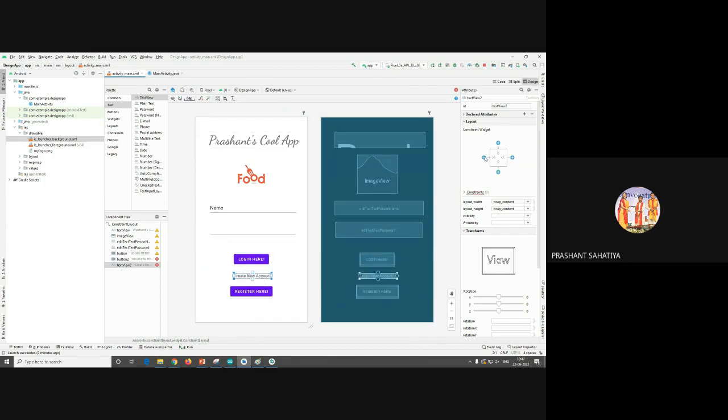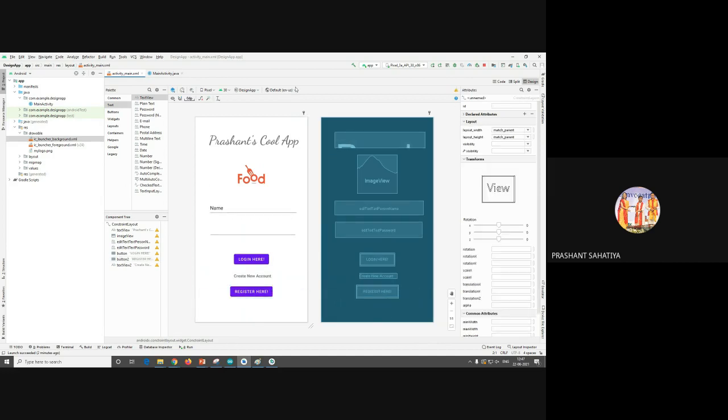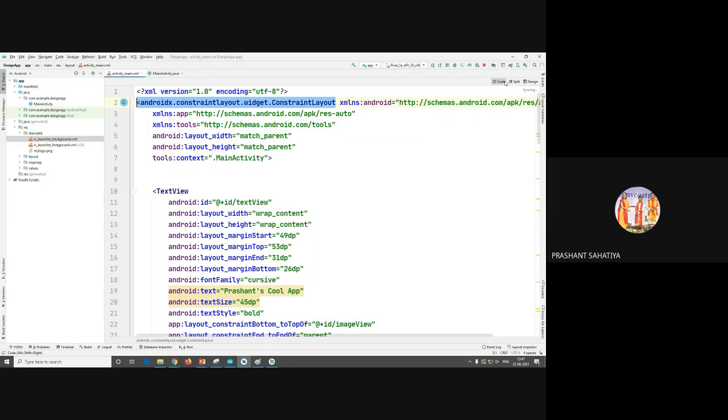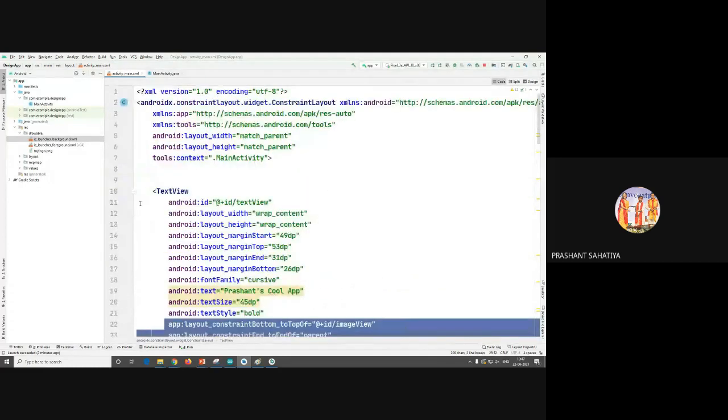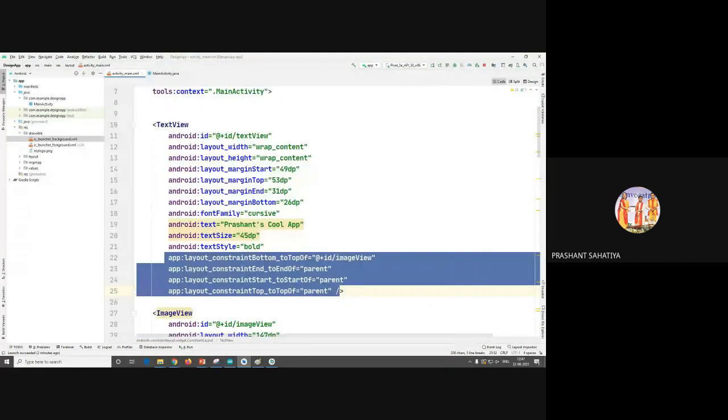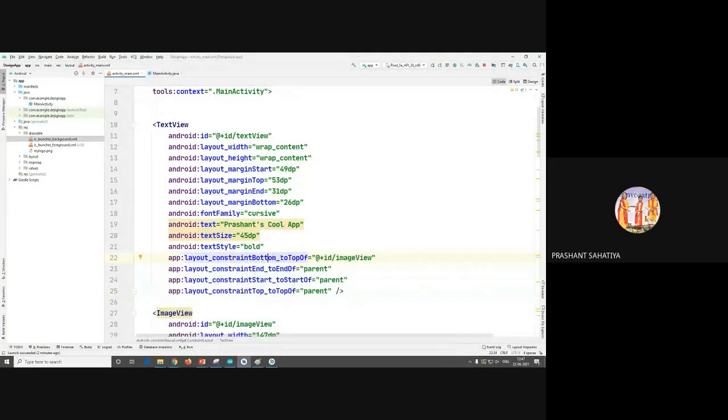I'll add on this. Okay, and finally the last one. Now I'm doing nothing again. In the designing part I haven't done anything. Then to go in the code part, you'll be able to see that the constraints are added in each and every component. This text view, first text view, that is Prashant School app, what it is to the top of which one, below it there is an image view.